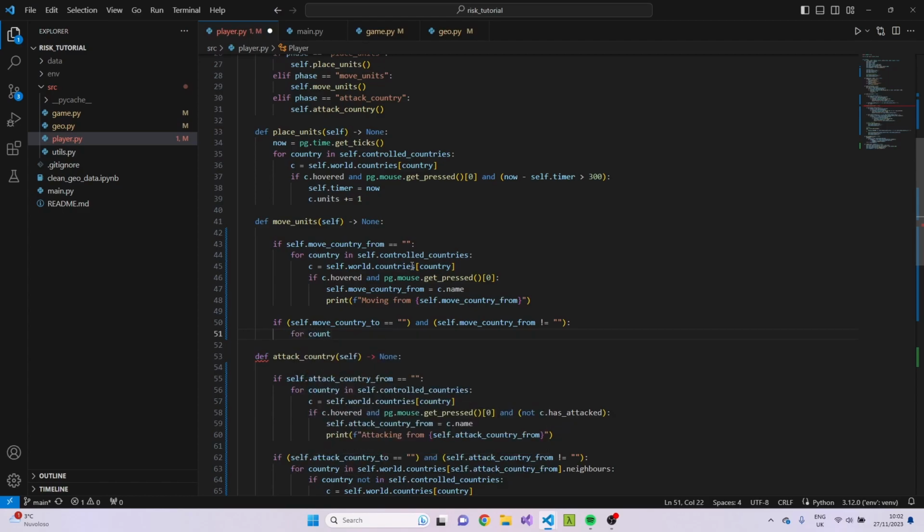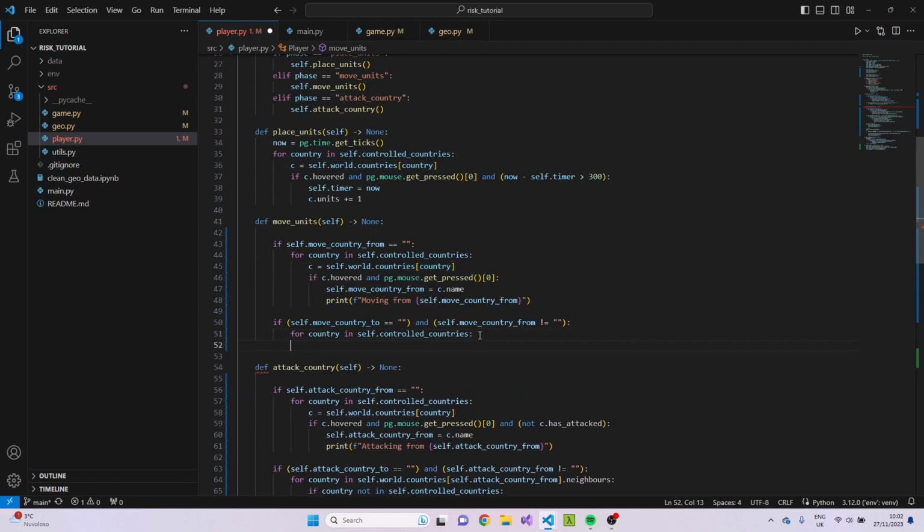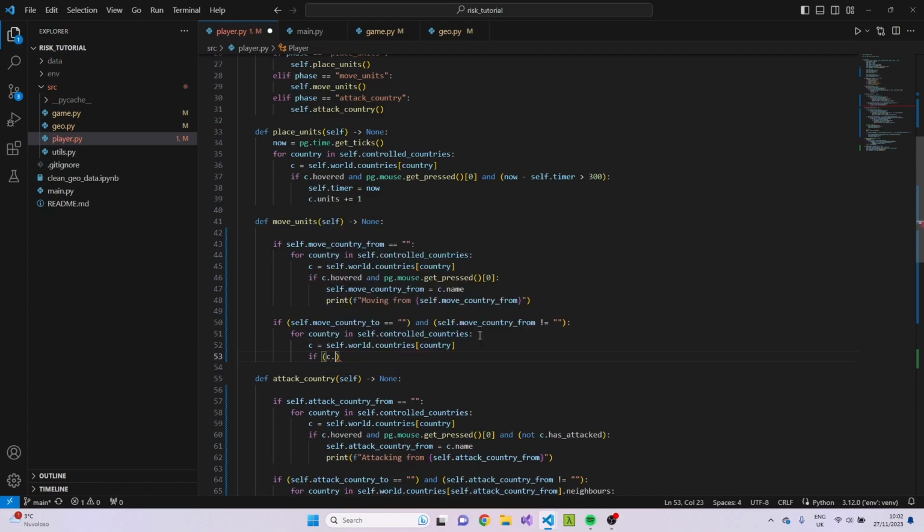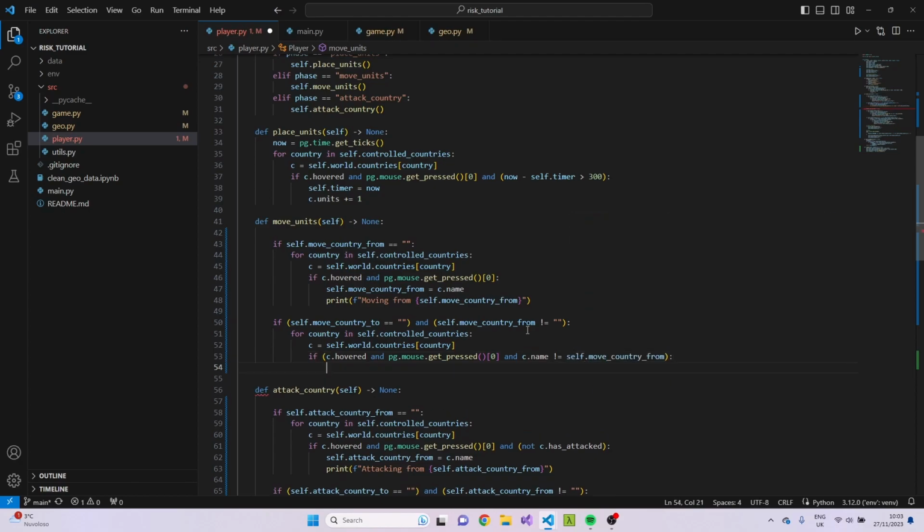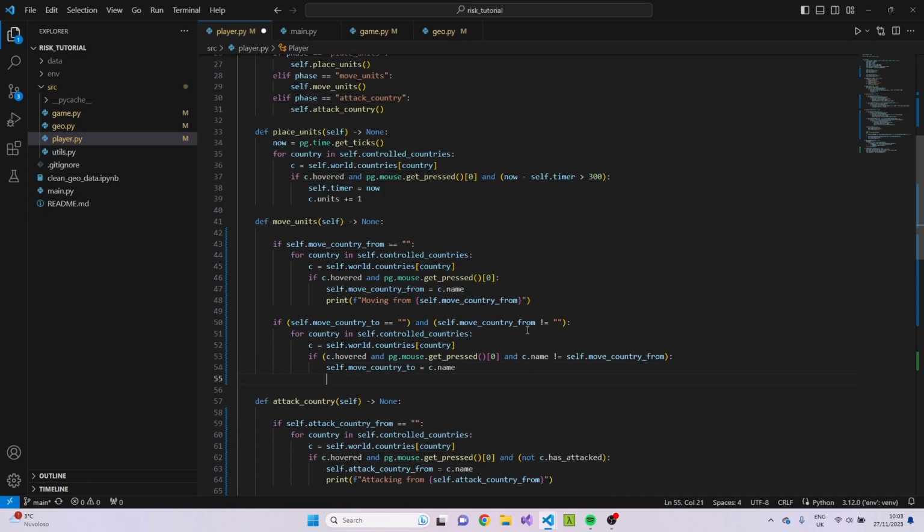So for this we're going to again iterate through countries that we control, and each time we're going to select the country from the world class. And then we're going to say if this country is being hovered and we click, and that the name of the country is not equal to the country that we're moving from, because it makes no sense to move units from the country we control to the same country. So we can do that with c.name not equal to self.move_country_from. So if all these conditions are met, then we can say self.move_country_to is equal to c.name,